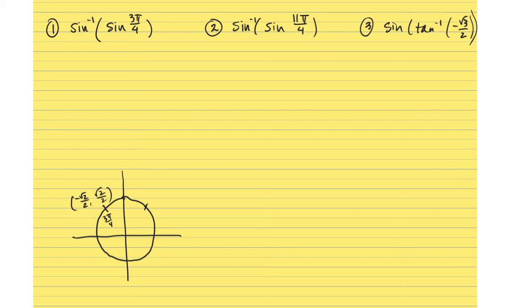But remember that inverse sine is only defined in quadrants 1 and quadrant 4. Okay, and that's where we're just dealing with angles between negative pi over 2 and pi over 2. So 3 pi over 4 is not in inverse sine. So instead, because the y value is the same right here at pi over 4,